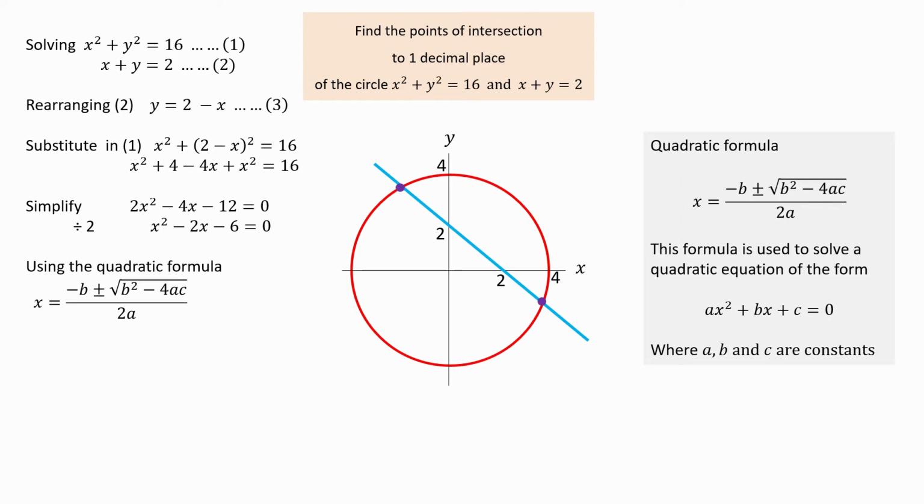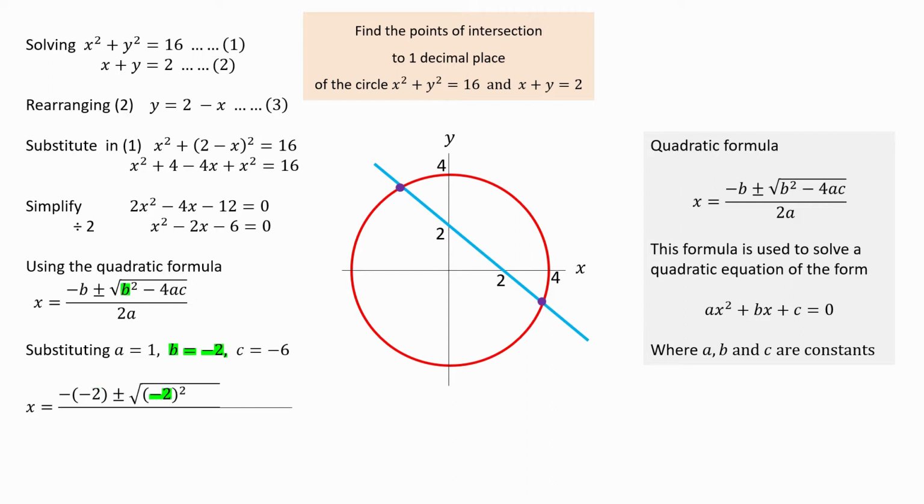Since the equation does not factorise easily, use the quadratic formula. Identify the variables to be used in the formula and substitute. A equals 1, B equals negative 2, and C is negative 6, giving x equal to minus negative 2, plus